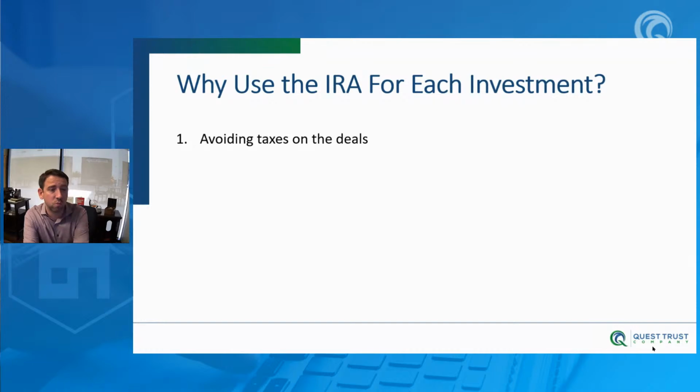Notice in each one of these, they weren't what I would consider to be the home run deal. It wouldn't be the one that I'm going to make $1 billion on. All right, these are all very realistic, very upfront investments that people make. And if I know I can use my self-directed IRA to avoid all the taxes, then why aren't we doing it? Most of the time, you're just scared to get started. Maybe you haven't found the deal. So where do you find your next deal?